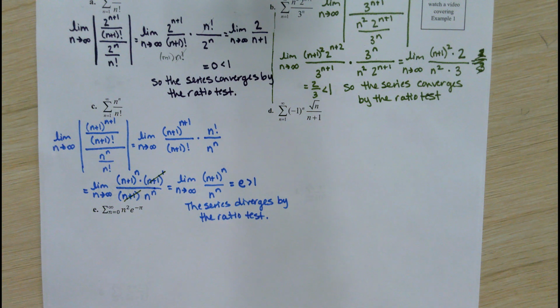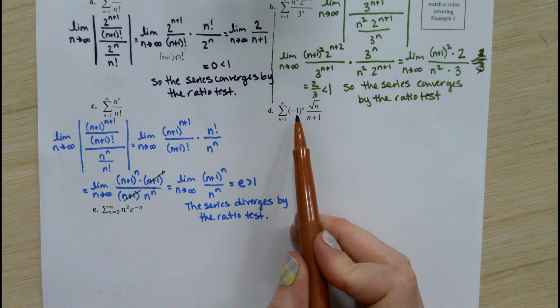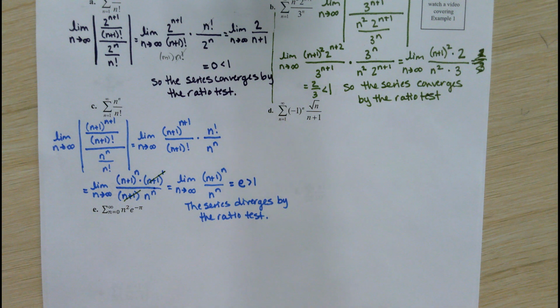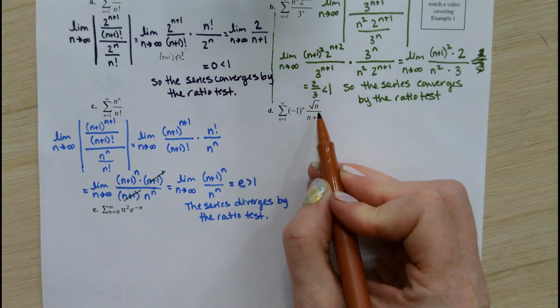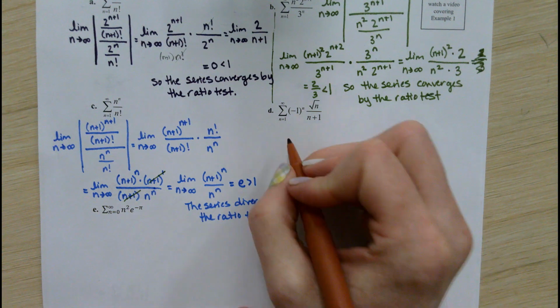Okay, example D, I'm noticing we have an alternating piece here. We can use other tests on alternating series. So even though we could jump in and do an alternating series test, because we're dealing with ratio test, I'm going to check that out and see how it goes. It does say that our series needs to have non-zero terms, so it doesn't eliminate the option of having negative terms. If we think about root n divided by n plus 1, there's no chance of that equaling 0. And so what we're going to do is the same thing that we always do. We're going to set up our limit